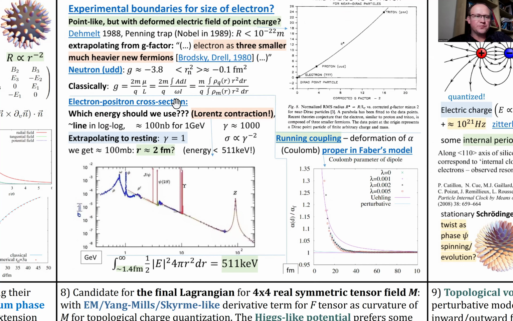The electron-positron cross section. Here is some for very high energy. This is Gauss, so extremely high energy. But we are interested in the size of the resting electron. So we should just take this line here and extrapolate it to 2 times 511 keV, the mass of the resting electron plus positron. Doing so, we get approximately 100 millibarns, which corresponds to approximately 2 femtometers. This is exactly in agreement with this requirement, the range of deformations not to exceed the mass of the electron with energy of